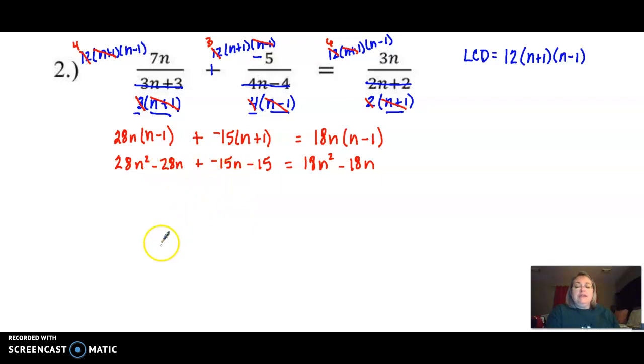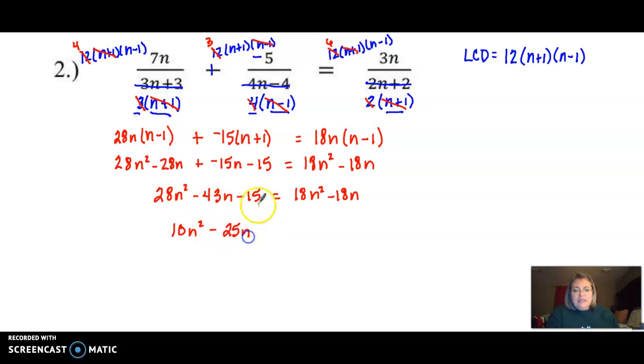On the left, I can put my negative 28 and my negative 15 together so that I have 28n squared minus 43n minus 15 equals 18n squared minus 18n. I can move my 18n squared over. Subtracting it gives me 10n squared. I can move my negative 18n over by adding it, and that gives me a negative 25n,